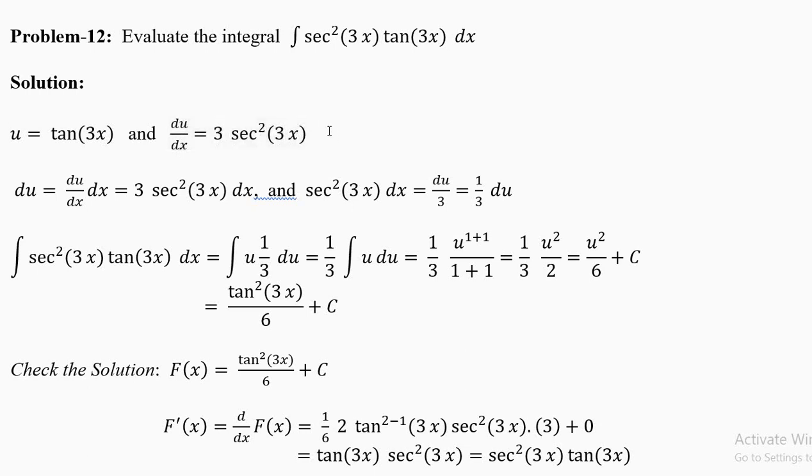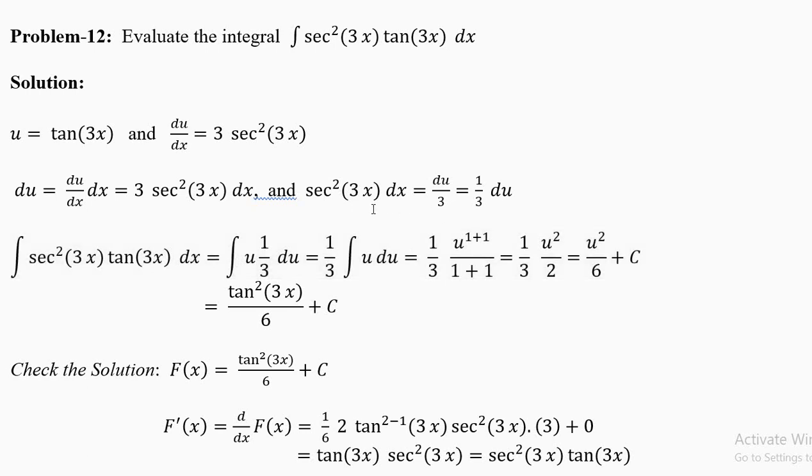You do not write it on the right, you write it on the left. So du equal to 3 secant square 3x dx. So secant square 3x dx is equal to 1/3 du. Now you will get u, secant tangent is u, 1/3 du. Remember, secant square 3x dx is 1/3 du. You put 1/3 du here, and tangent is u. Do not put u power 2 by mistake.